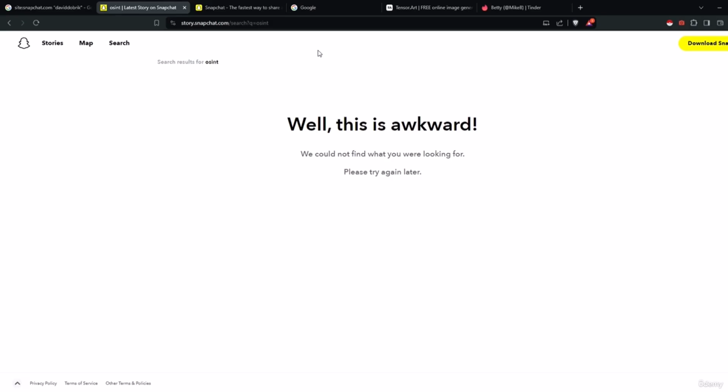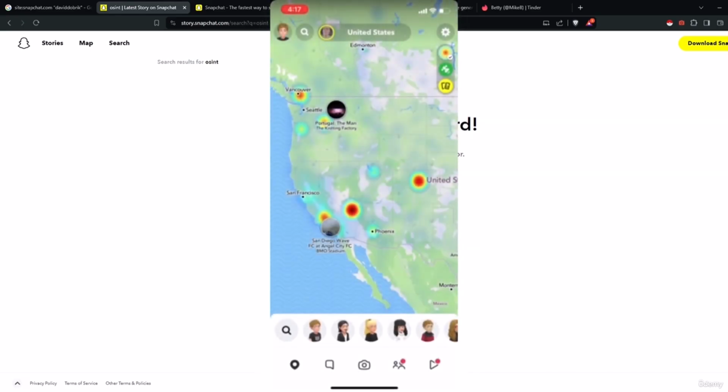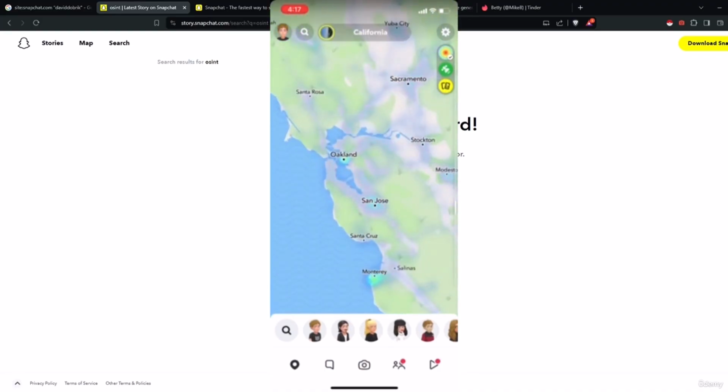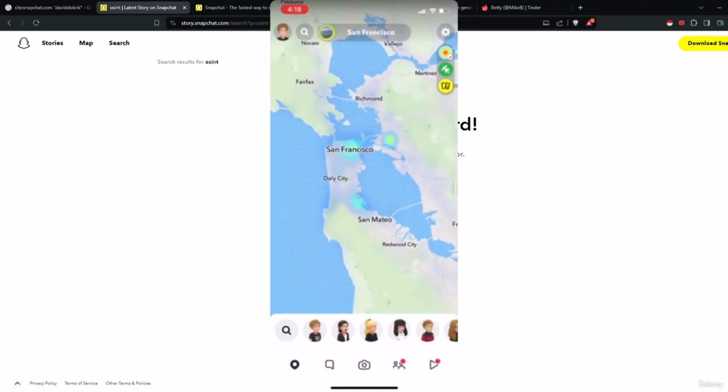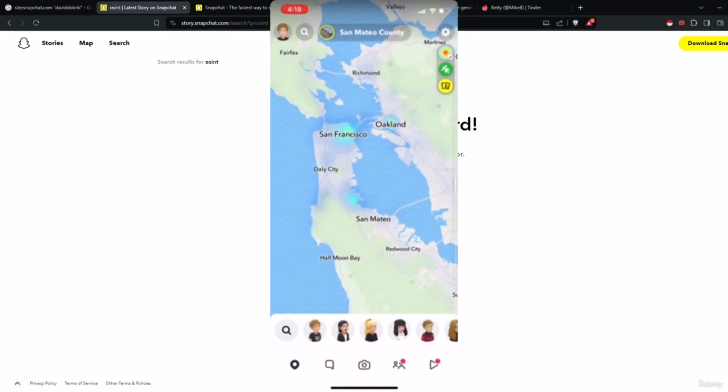I will click on the little pin in the bottom left and we should see the maps. Now, for example, if we zoom in around the San Francisco area, so let's keep zooming in. And the way it works, we get different colors. These colors depend on how many people posted something from that particular area. As you can see, there are 3 bright dots here, so it is likely that people posted stories from there.